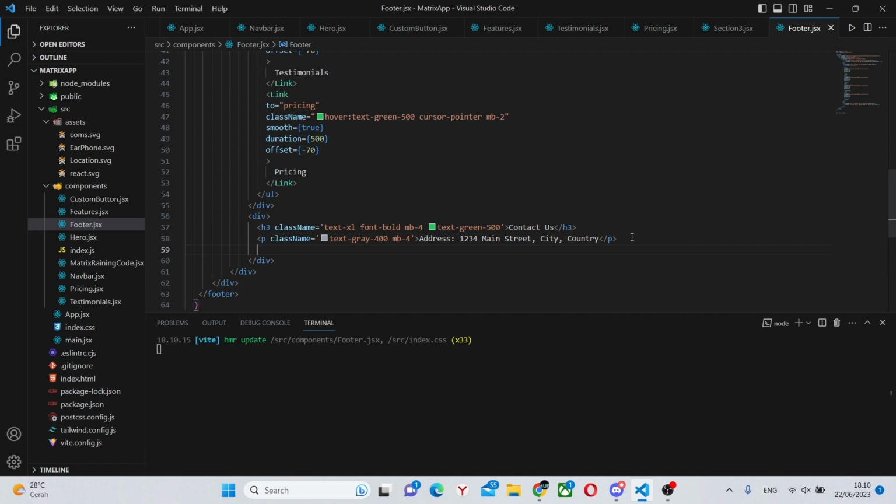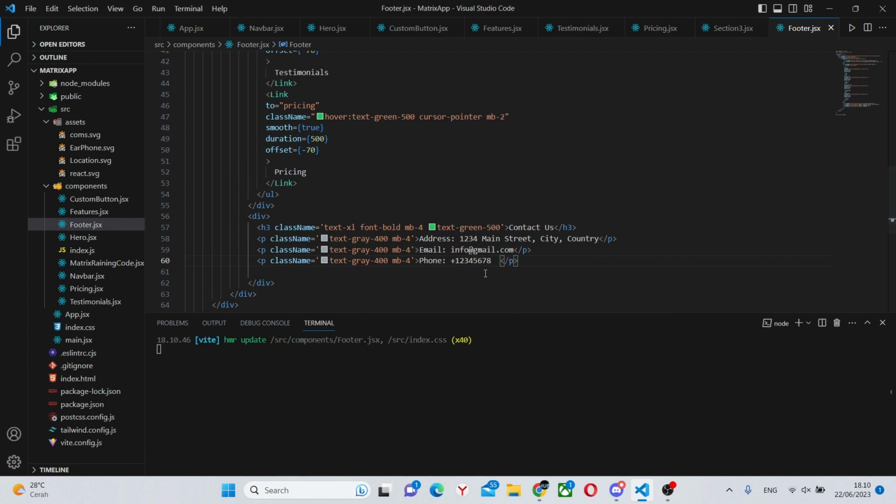Under this p tag, we can simply copy it actually, copy and copy once again. In here we can say email info@gmail.com, and over here we can have the phone number, so phone +1 2 3 4 5 6 7 8.